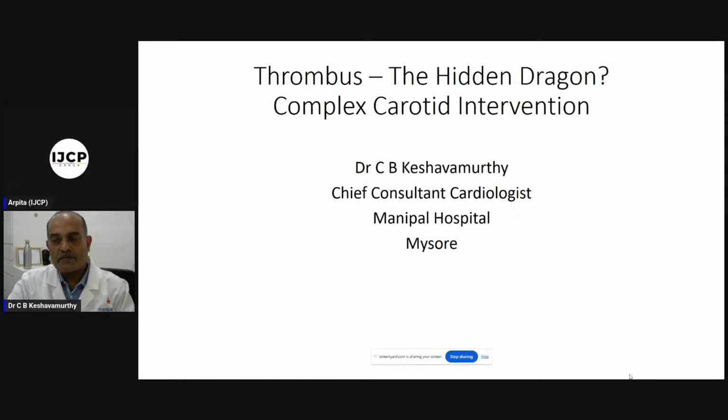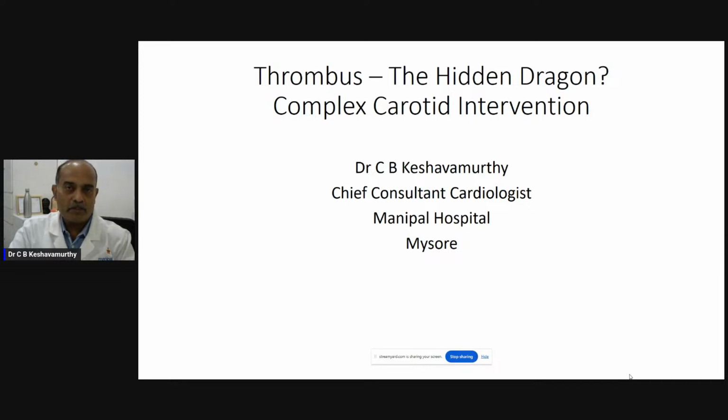Like this, thrombus affects various aspects of the life of a cardiologist, and therefore we need to be constantly aware of where this hidden dragon can present itself and cause a serious illness in our patients, and how to deal with it. We have understood the mechanism of how thrombosis occurs, the intrinsic and extrinsic clotting pathways, and we have a large armamentarium of drugs to treat thrombus: the antithrombotics, the newer anticoagulants, and many other drugs. Very potent drugs, especially the antiplatelet therapies, are now available. But we are still not able to fully resolve the effects of thrombus.